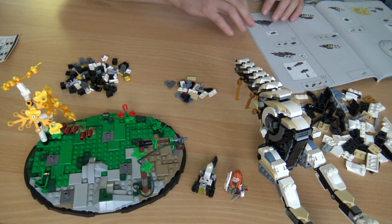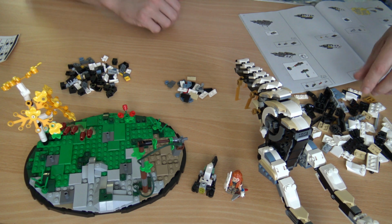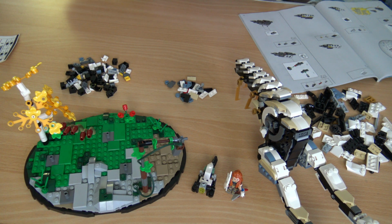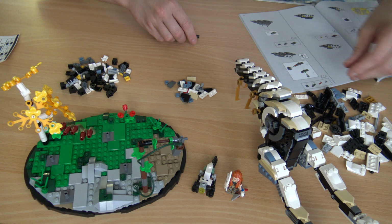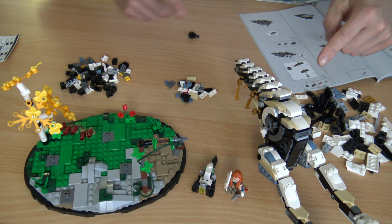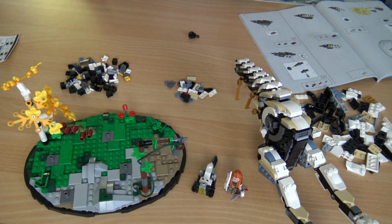I think the unboxings might be my favourite thing to do, and even these Lego things are pretty fun to do. But yeah, it looks like we are building the front legs first, and then maybe we're going to fit this up on the base. Once we put this on the base, you guys and girls might not be able to...